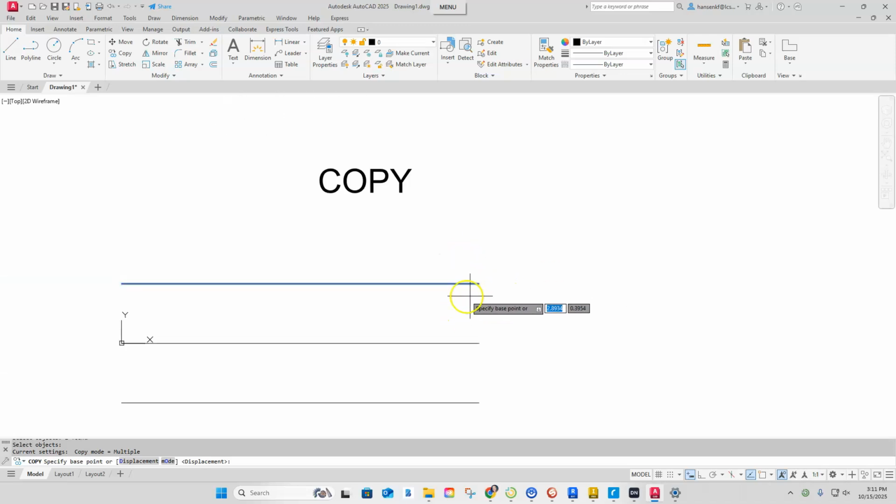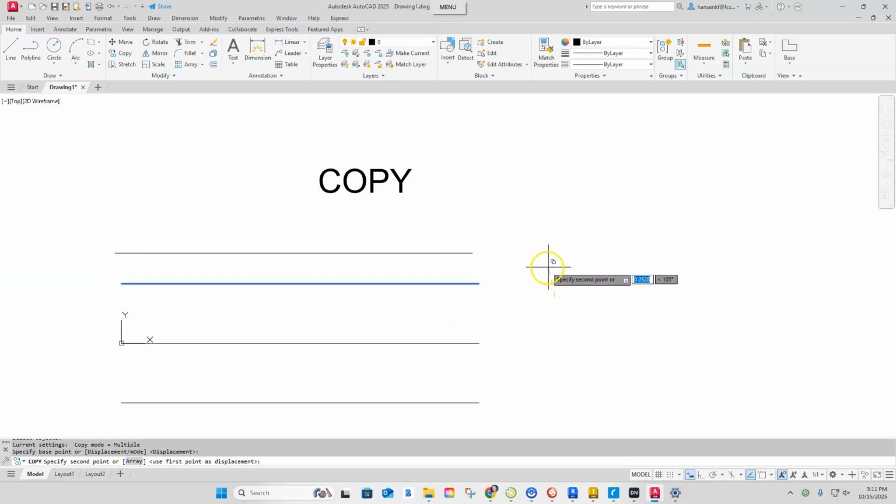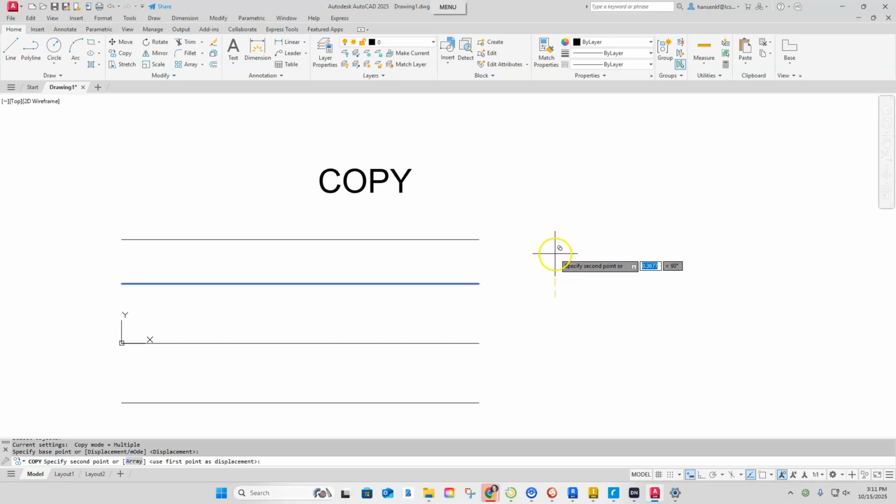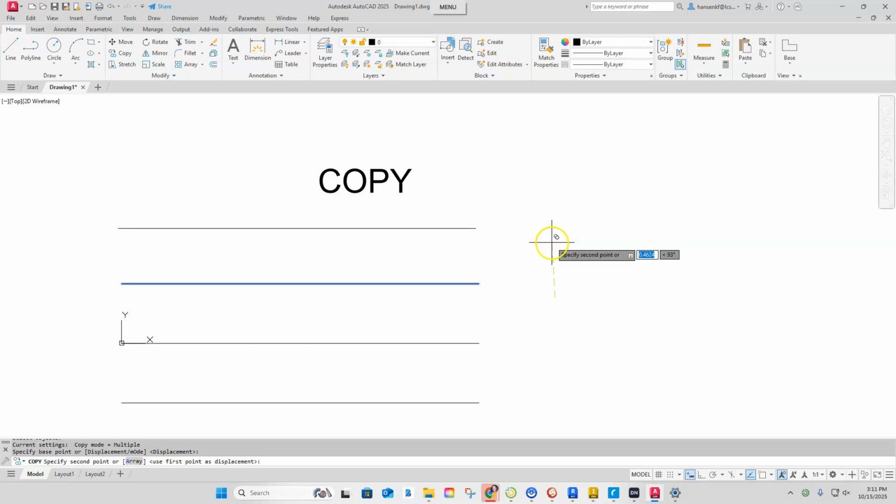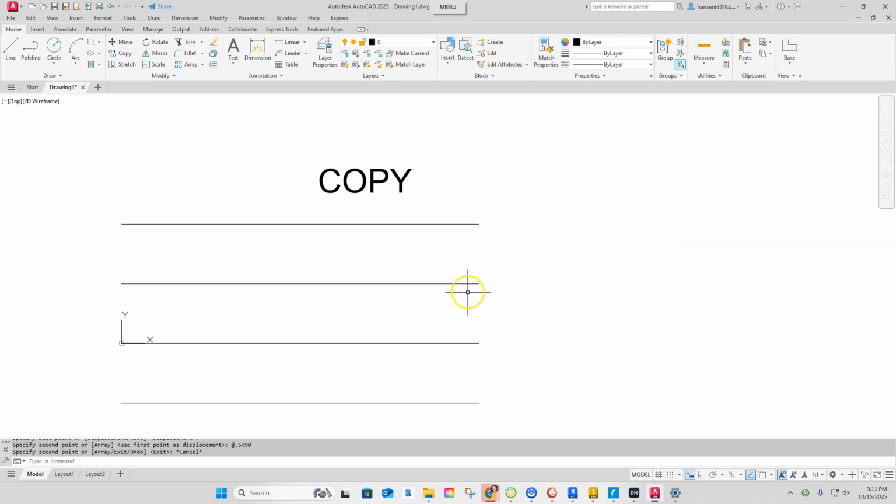So I would just have to freely do that, and I really don't want to. I could copy it up a half of an inch at 90, so I could do point 0.5 tab 90. Yes, I could copy it there, but I don't have any way to click on the endpoint or the midpoint. So by having ortho on and having object snaps on, I feel like you will find that it's a lot easier to use because you do have